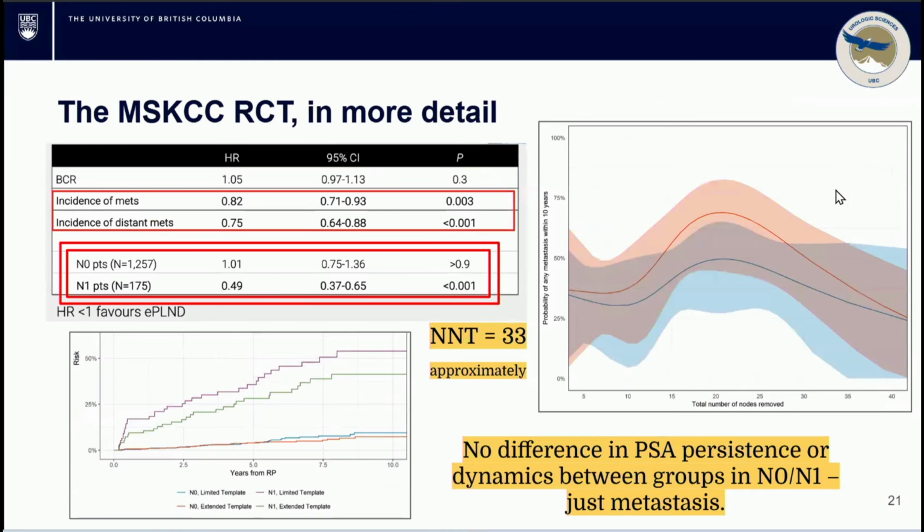So if we try to break it down, first off, the study population is more so of an intermediate risk category than a high risk category. But even still, there's still a healthy representation of people who ended up being pathologic positive disease, about 12%. And the thing to note here is that, yes, in all comers,